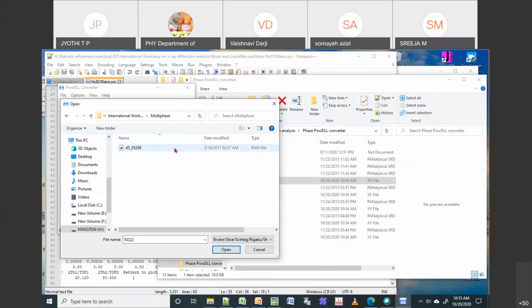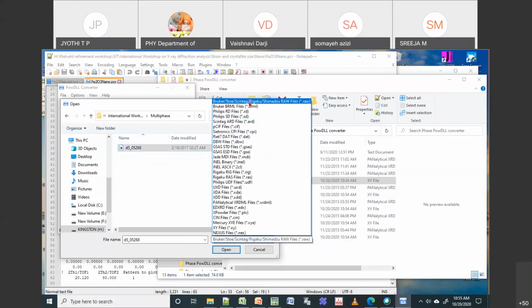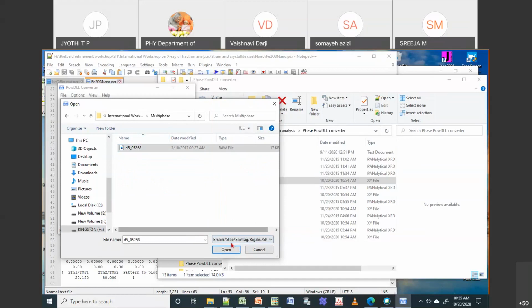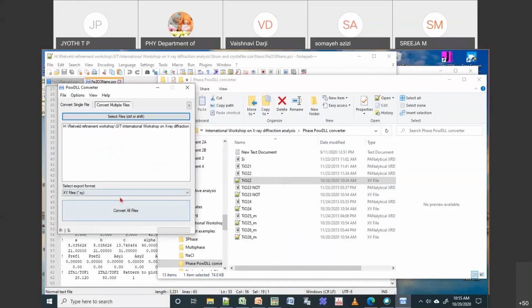I have this data here, which is .raw, from a Bruker or Rigaku machine. If I have this raw data, accordingly you change the format here. Then I want to convert to .xy, so I just ask it to convert.